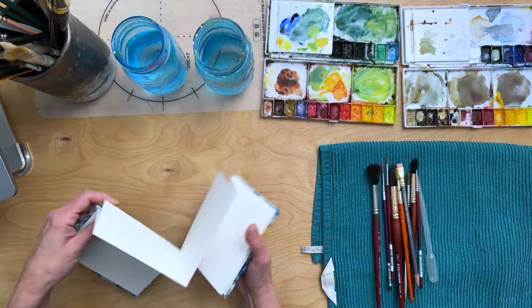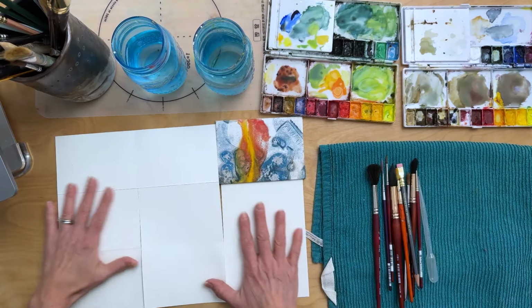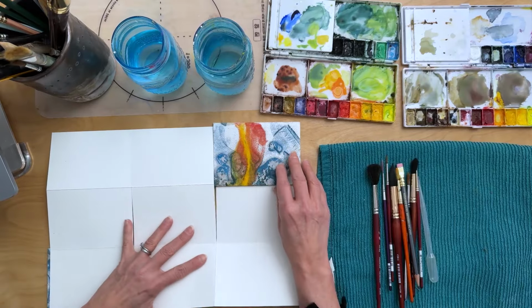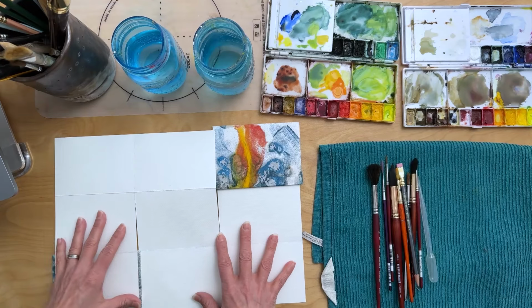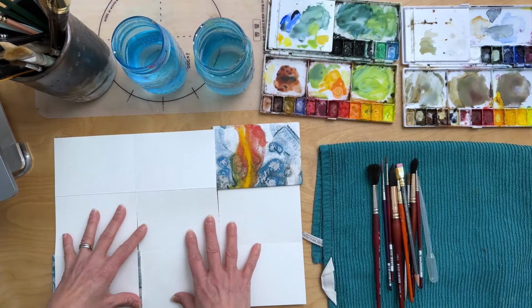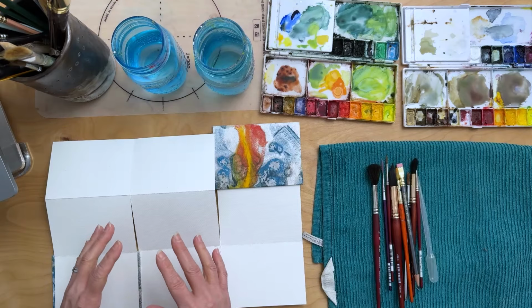So the first thing I want to do is unfold this journal, and it's not going to lay flat, but that's okay. And we are going to give this just a loose watercolor wash and then figure out what we want to do. Now, if you've been to my blog, you know that I am a huge Payne's Gray, Quinn Gold girl. But I just got some new Daniel Smith colors, and I've got this lunar blue and aquamarine blue that are just gorgeous. So I think what I want to do is create a study in gray,